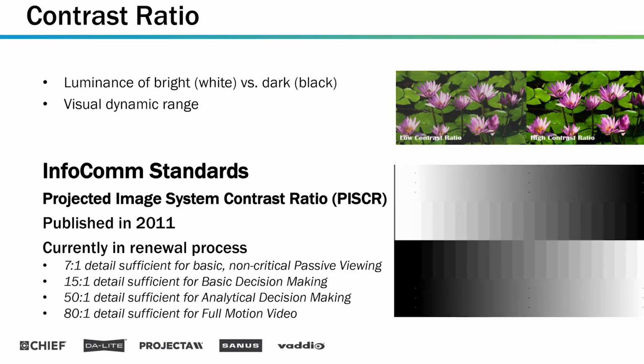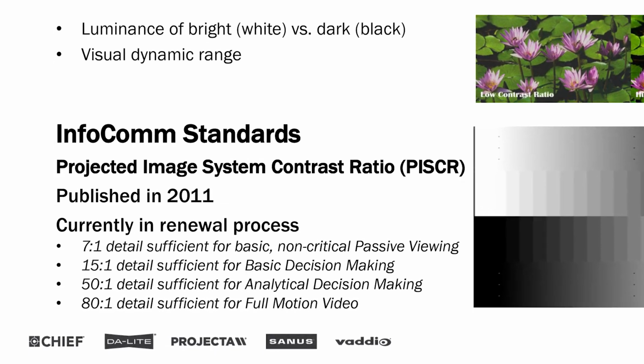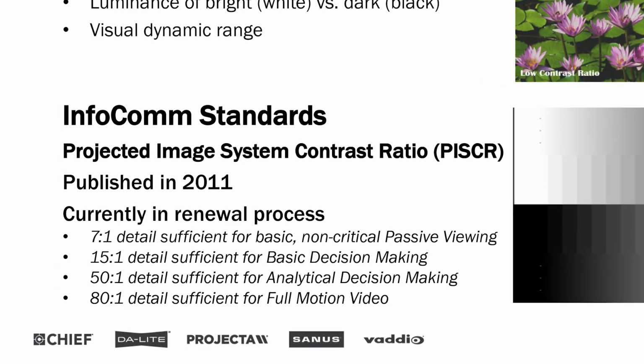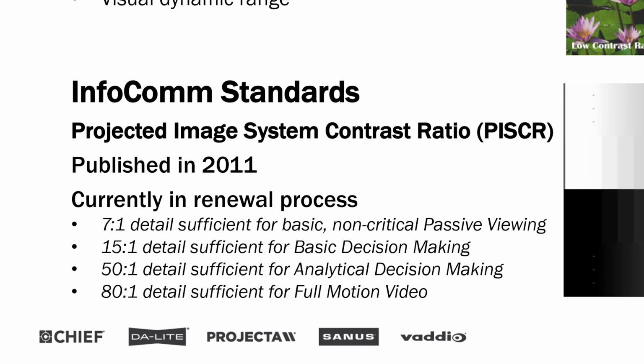But the projected image system contrast ratio, or PISCR, is available for purchase through Infocomm. And this is the standard for contrast ratio in the audiovisual industry. The way they set this up is it's a system contrast ratio, which is you're taking the projector and the screen combined with the ambient light in the room, like we have here. The measurement that you get, the ratio between the whitest white and the blackest black, that determines where you land